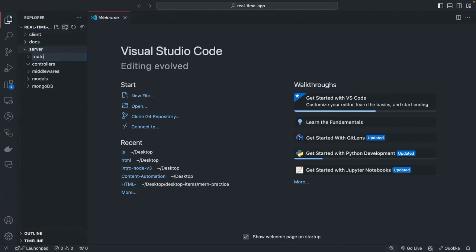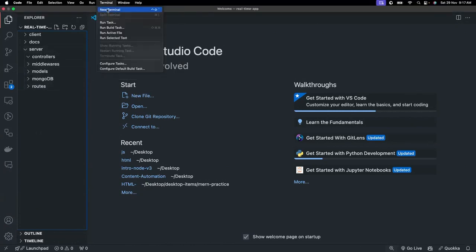So these will be common in every project that you create, right? We'll have routes, we will have connection, middlewares, controllers, models. So these would be common. And if you want to have anything else, then you can have some utils, right? And what else we want to do is we can go to the terminal,